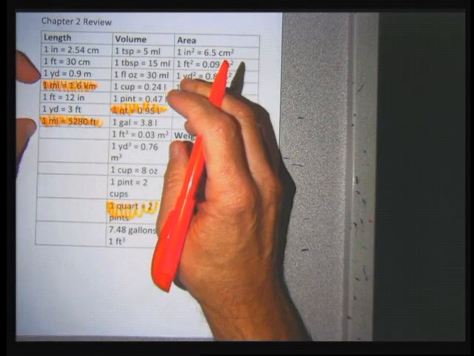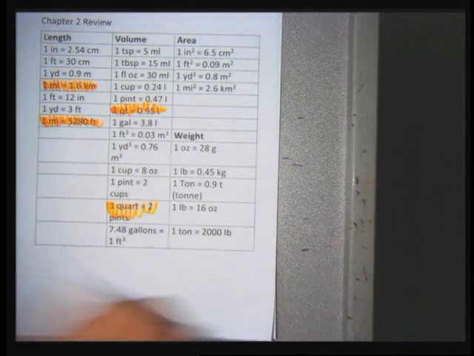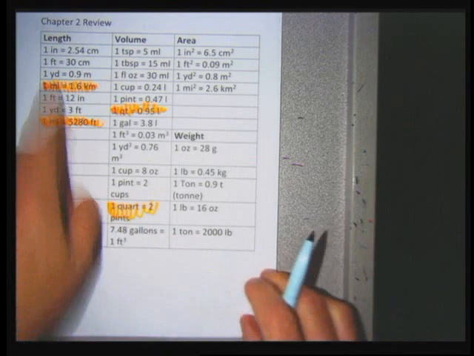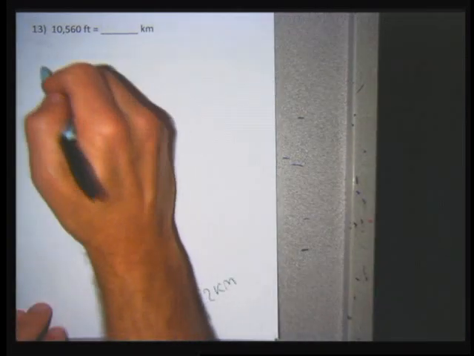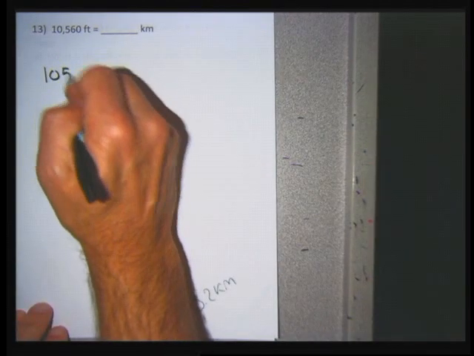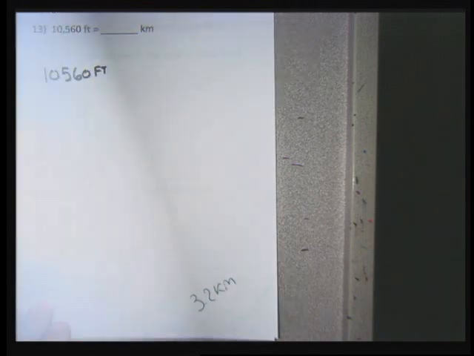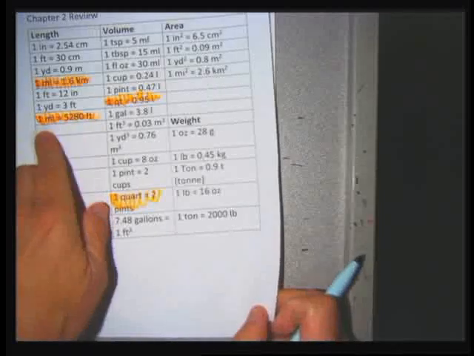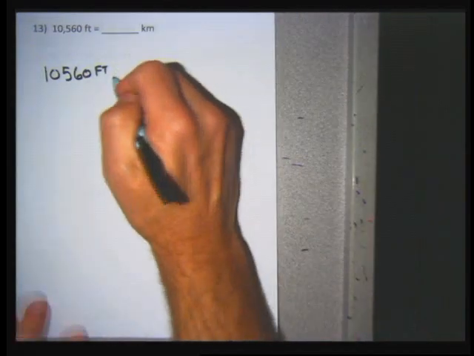I'm going to use both of these units, and I can do them all at once because they're not within the metric system, any of them. They're all crossing, or either within the standard system and then crossing over to the metric system. So I'm going to use those 2 units, and the first fraction that I'm going to put is going to get rid of the feet. And the one that gets rid of the feet is 1 mile is 5,280 feet. So I'm going to use the